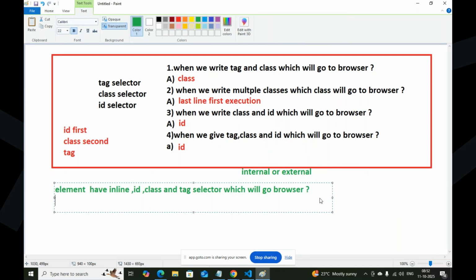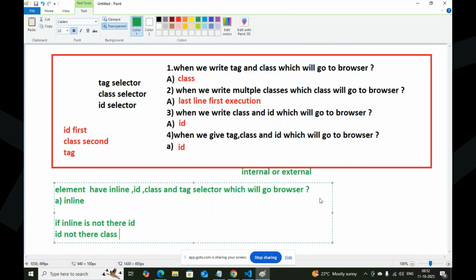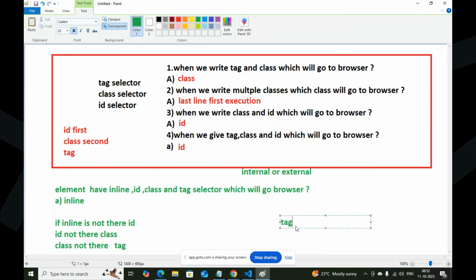Inline. The answer is very simple. Inline will go. If inline is not there, then second, ID. Exactly. If ID is not there, class. Exactly. Even if class is also not there, tag. Even if the tag selector is also not there,